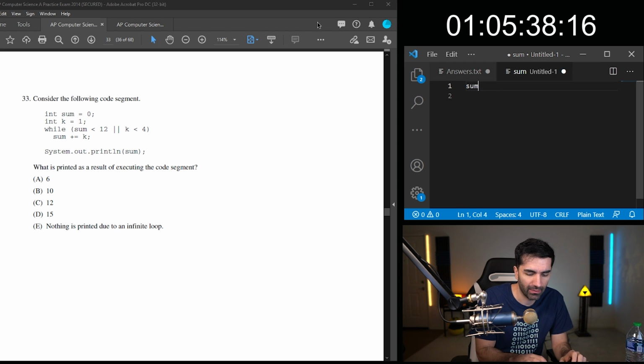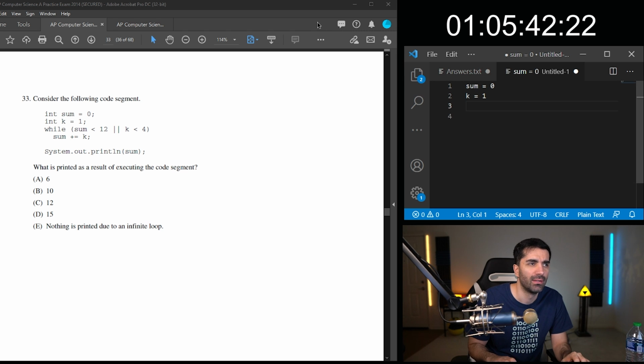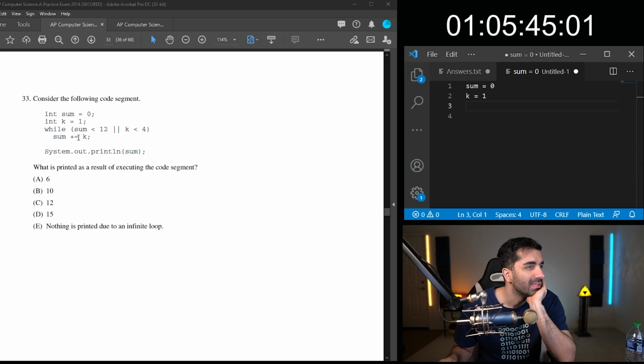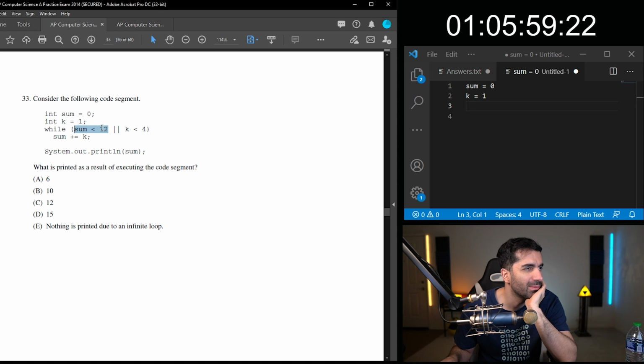Let's keep track of the values. So sum is 0, k equals 1. While sum is less than 12, wait. They don't change sum and k, so it might be an infinite loop because sum is less than 12.